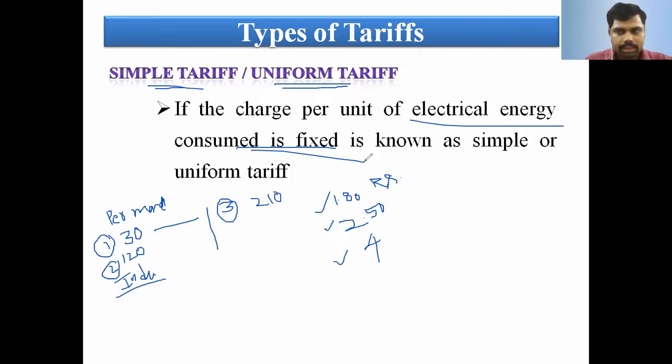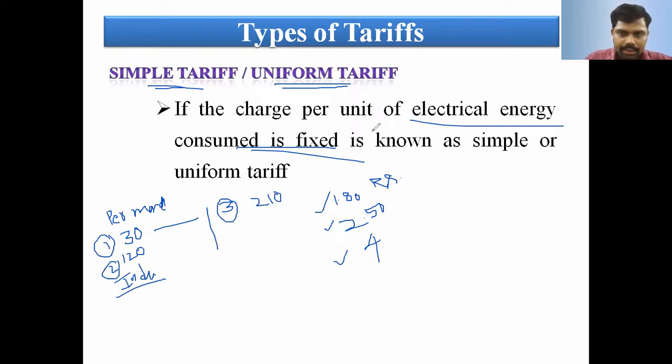That is the monthly, they will be fixed for a certain amount. That is one method. Another method, the per unit, they will be fixed. That is either 1 rupee 80 paise or 2 rupee 50 paise or 4 rupees for all the consumers. That is, if you utilize 30 units or 100 units or 150 or 500 units in a particular month, the rate is the same.